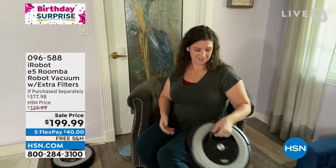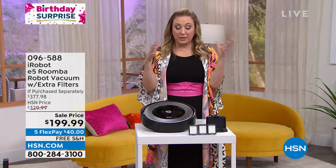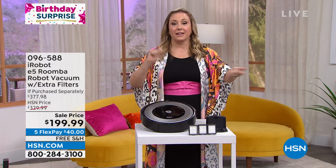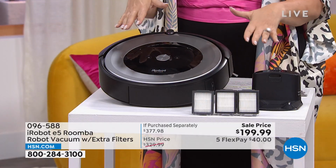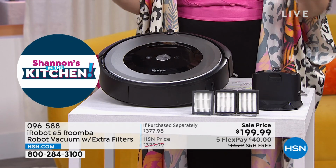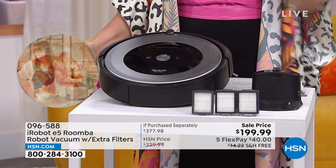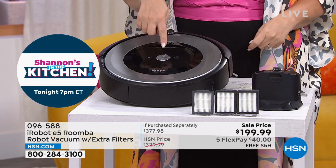I know that we're not going to spend a lot of time talking about some of the other features, but my daughter has a smart home where she has Google, where she could tell Google to turn the lights on and things like that. This one will be able to be attached to that system. So through an app, you can make it go, or you can actually tell Google to vacuum your house, and this will go vacuum it. So if you're sitting down and you don't even want to get up and push the button,